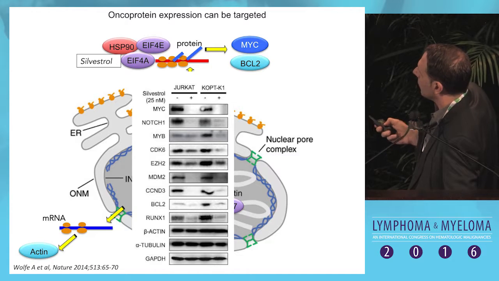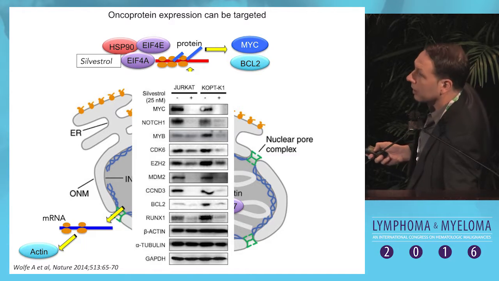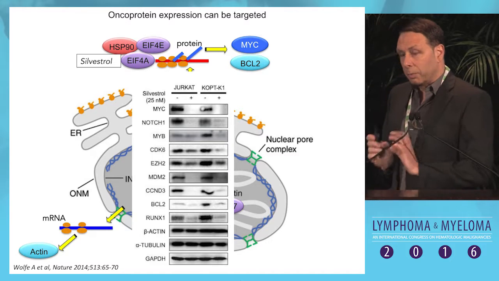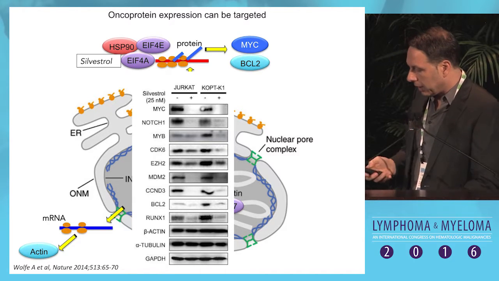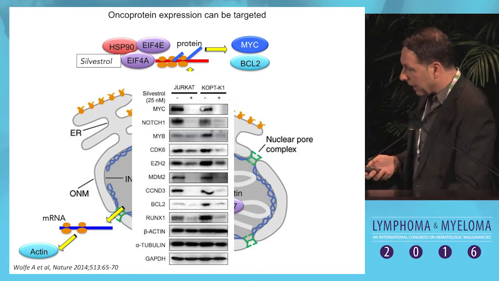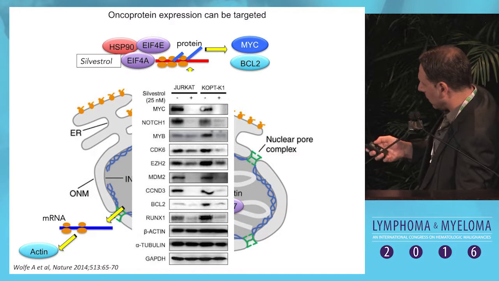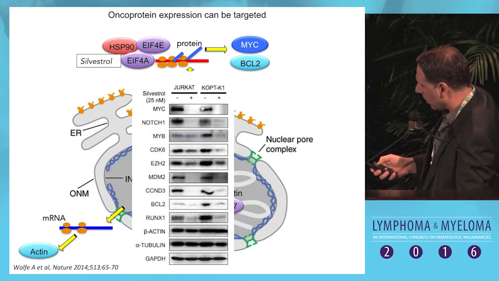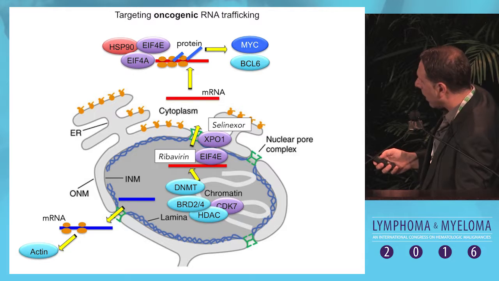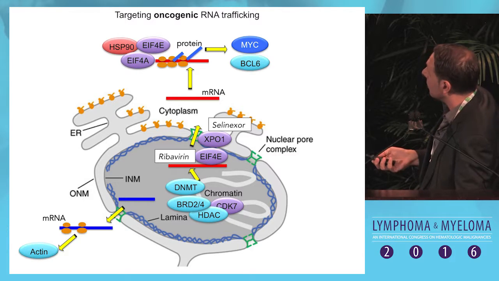So all these oncogenes disappear pretty much from the cell treated with the silvestrol drug here, but not the housekeeping proteins, right? Actin, tubulin, GAPDH are here. So this indicates that the drug's mechanisms are totally different, and we can target it. This is not in B-cell lymphoma. This is work by the Guido Vendelab, but I think it's a good drug that we can use on lymphoma